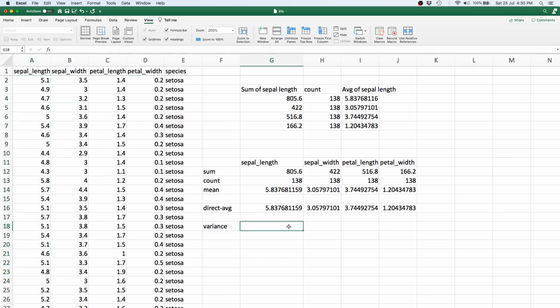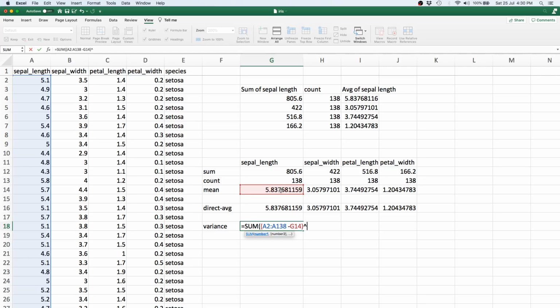So essentially what this does is that I am basically going to take the sum of a particular column, which is say A to A, or in this case I'll give the explicit range, which is A2 to A138. And then I have to subtract essentially the mean. And we know that the mean is this. I have to then square it.